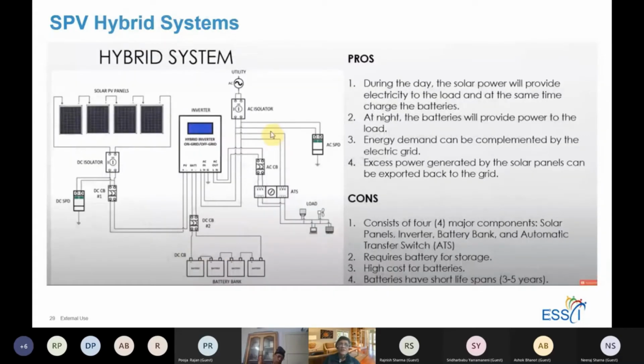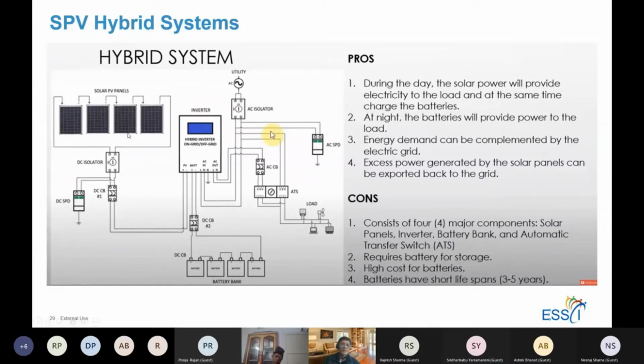Okay, off-grid is still feasible in some areas where the main grid is not there, and it is more economical to go for these sources of power. But otherwise, if you actually start looking at it, people would normally not look at an off-grid system in typical cities. Then you have the hybrid systems, and let's take a look at it.